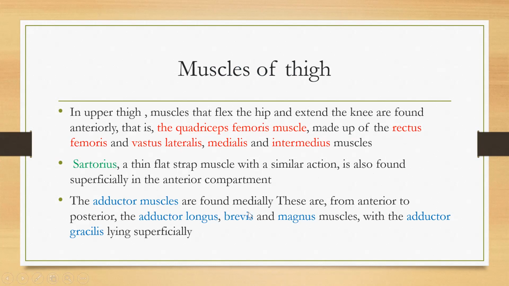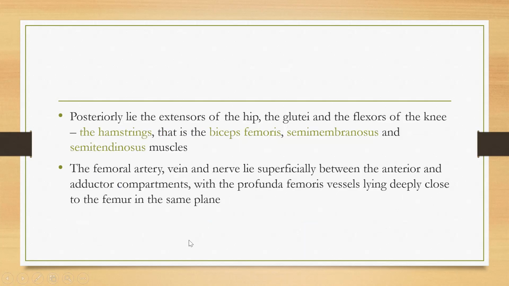The adductor muscles are found medially, and these are, from anterior to posterior, the adductor longus, the adductor brevis, the adductor magnus, with the gracilis lying superficially. Posteriorly lie the extensor groups of the hip, the glutei, and the flexors of the knee, the hamstrings, which include the biceps femoris and semimembranosus and semitendinosus muscle. The femoral artery, vein, and nerve lie superficially between the anterior and adductor compartments, with the profunda femoris vessels lying deeply close to the femur